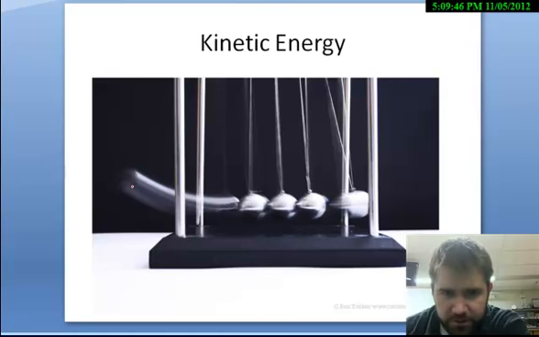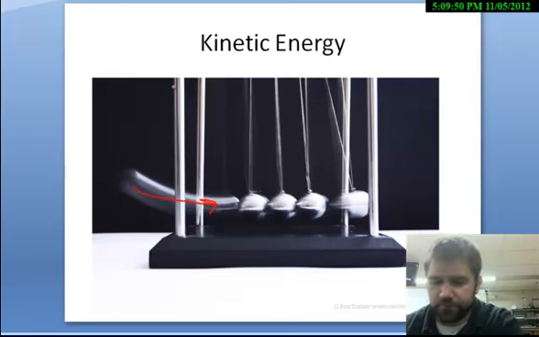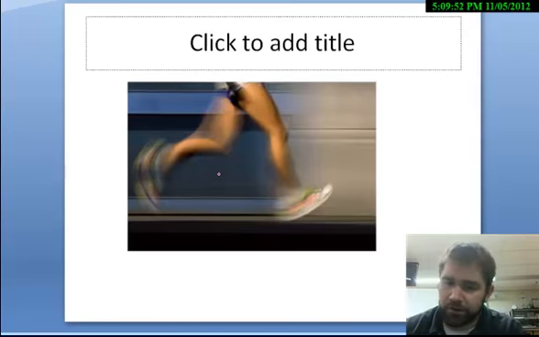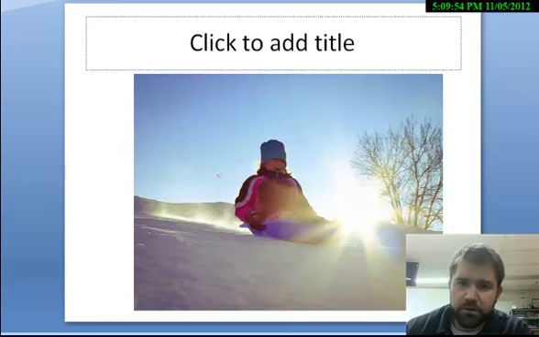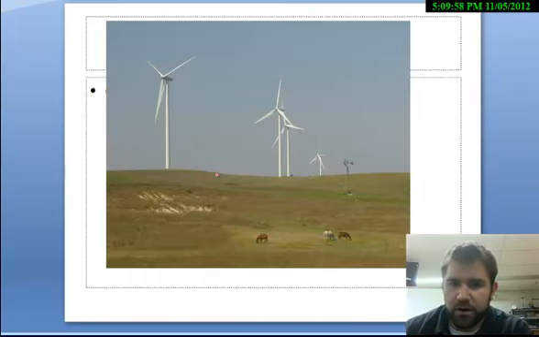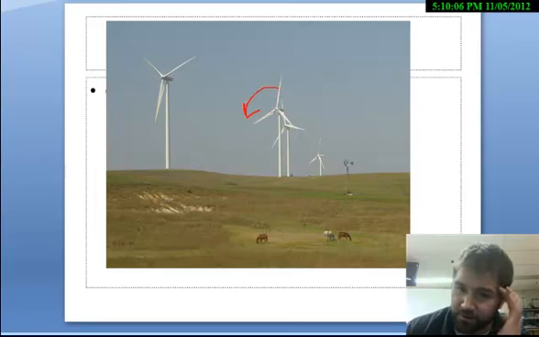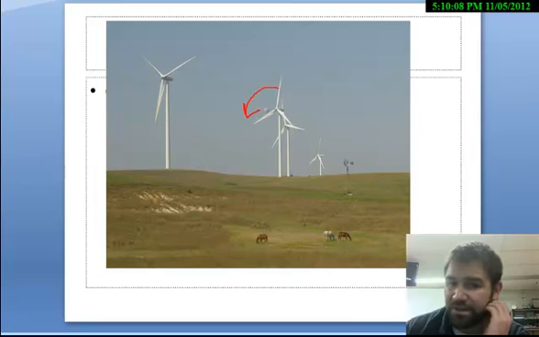So that could be these steel balls, which are swinging and colliding with each other. It could be this runner running down the road. It could be this child in the sled going down the hill. It could be the wind that is blowing through and moving these windmills, or it could be the windmills themselves that are actually turning and have kinetic energy. That doesn't mean this is the only type of energy all these things have, but they all have kinetic energy